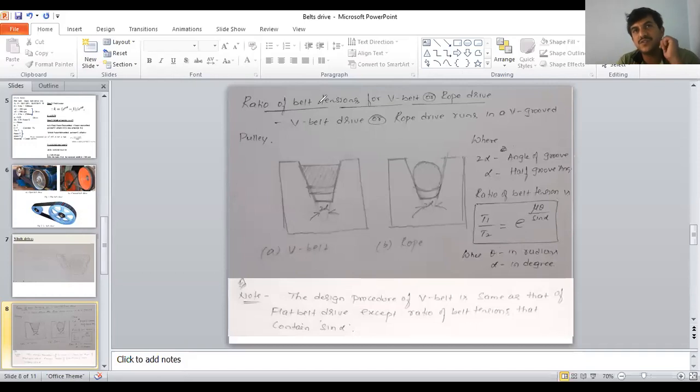Flat belt drive is generally used in flour mills, and when the distance between the two shafts is around 10 meters, 20 meters. But V belts are used to transmit power between two shafts when the distance between them is less. Examples for V belt drive: we use it in some machine tools such as drilling machines, or the radiator fan belt in tractors or in cars, where power is transmitted from the engine to the battery with the help of the mechanism. There also we use a V belt drive. So those are some examples.